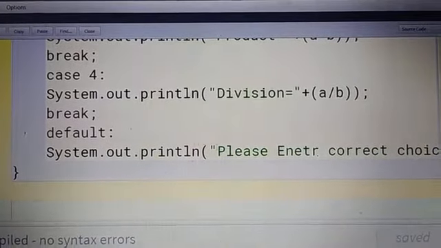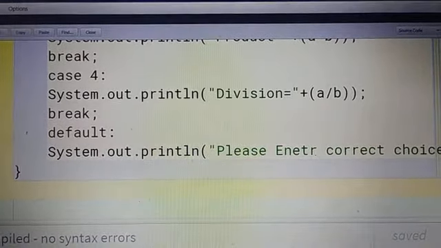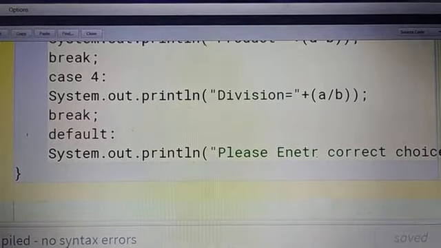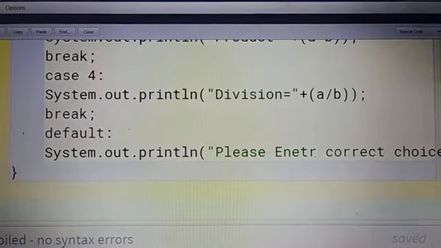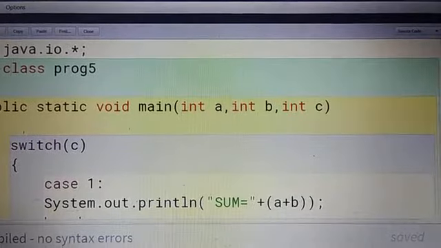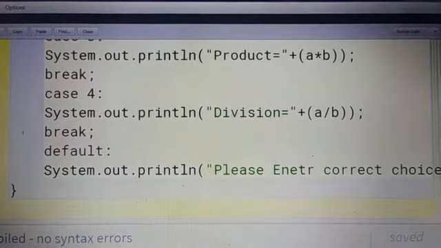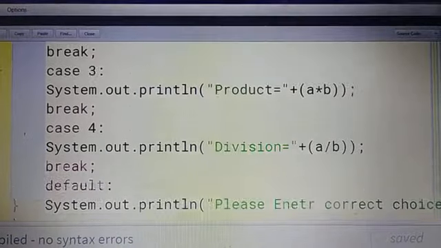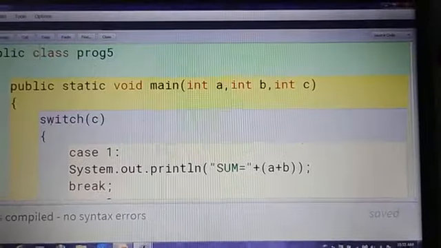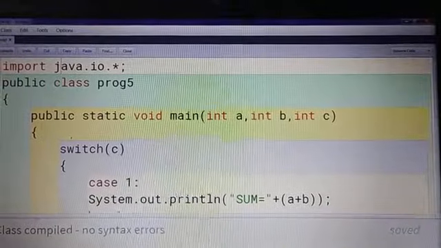Suppose you press 5 as your choice, then none of the choices is correct, so it will give the message, please enter the correct choice. So this is a program for the switch case statement.